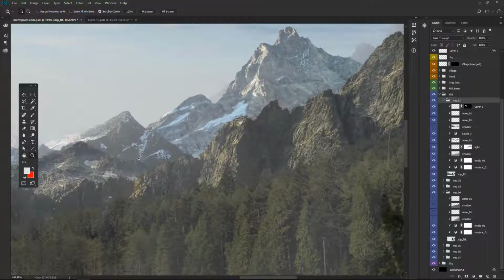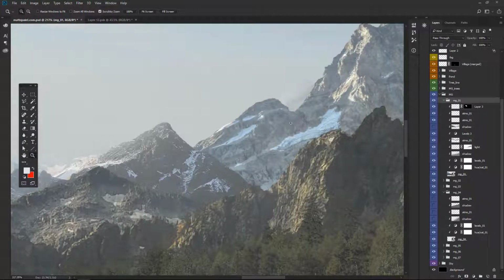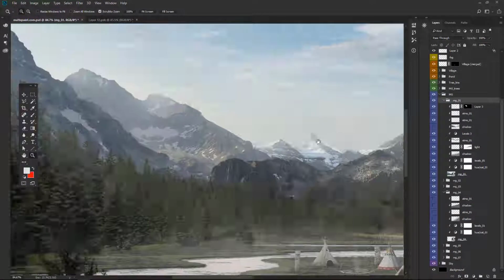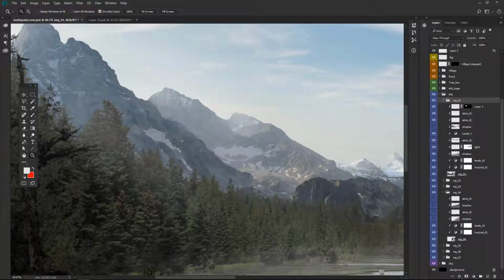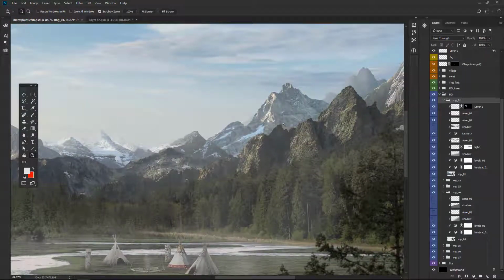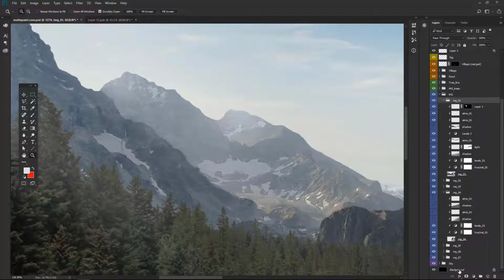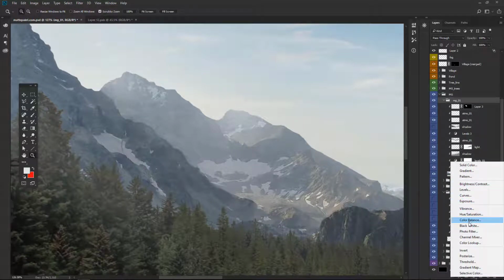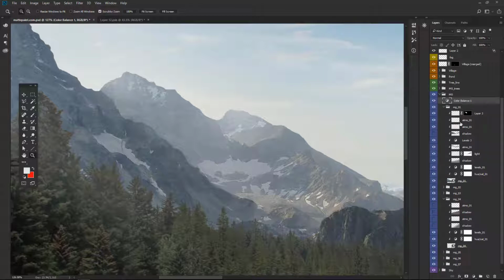Just by the way as well, I've noticed your black tint here is very red, whereas the black tint in this is a lot bluer, and over here is a lot bluer. This is too red compared to this. So you just want to go in and I'll show you how you do that. The way I do it was with color balance. So I'm just going to add a color balance up here, and then